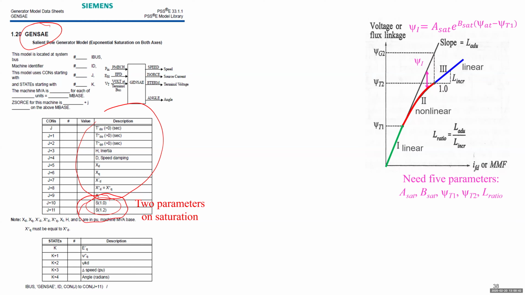So in the table, the last 2 parameters are about saturation. Okay, so instead of using 5 parameters, this model only needs 2 parameters. So how can that happen? I'm going to let you know how you can generate an equivalent model of the one we talked about using the 5 parameters. So if you go to the manual of this model, which actually came from another textbook, a